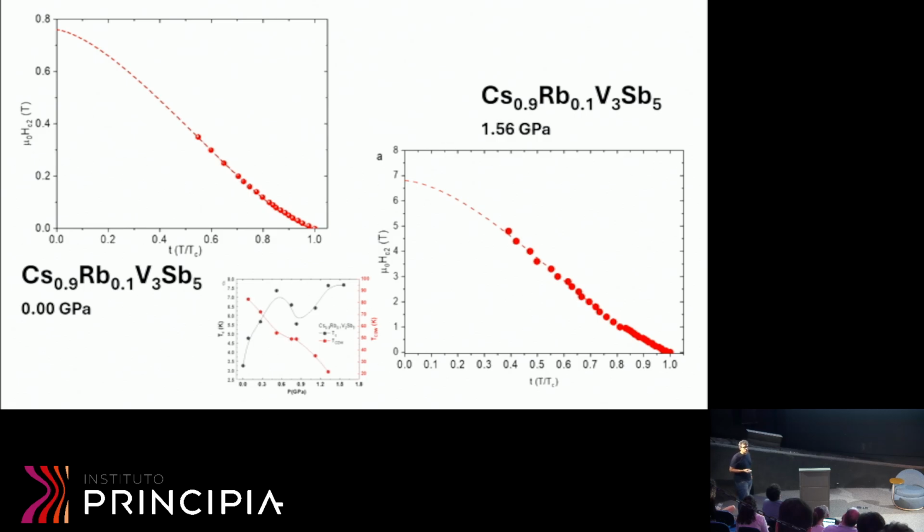So we see a one order of magnitude increase. And we saw this morning that this might be an indication of a new state, okay? But it might also be something to do with the doping, and this is something that we're looking at. But anyhow, we see an increase of one order of magnitude of the critical field with doping and pressure. And also the pressure is quite small, okay? This is something that we have to look at, but it might be an indication of a different type of superconductivity from the ambient pressure superconducting state, okay?